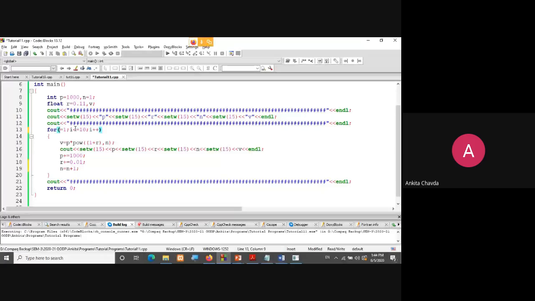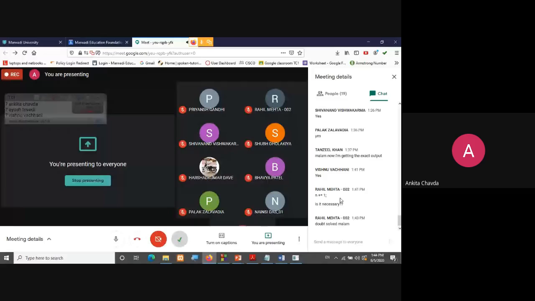But what I did is to eliminate taking another variable. Instead of that, I'm directly using n over here, right? So no need to do it explicitly, of course. Right, so this line is eliminated. Done. I hope I have cleared your doubt, Rahil?